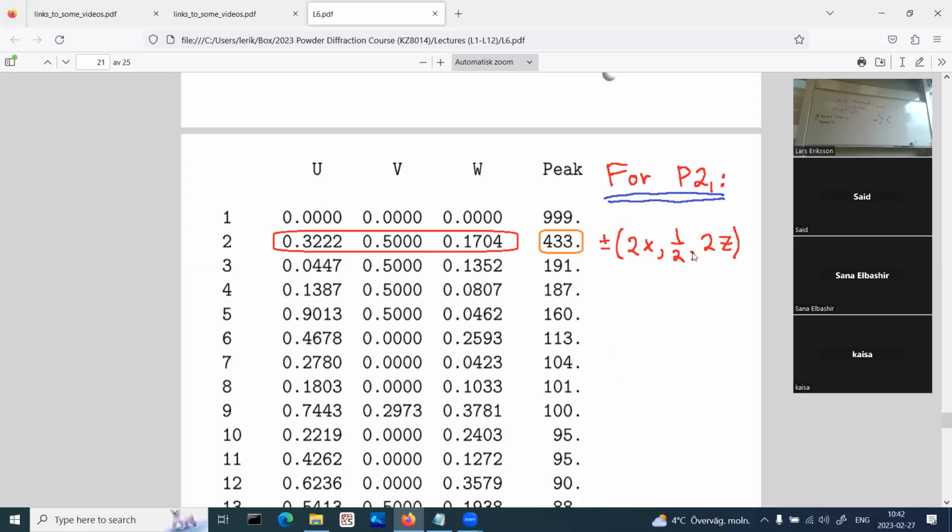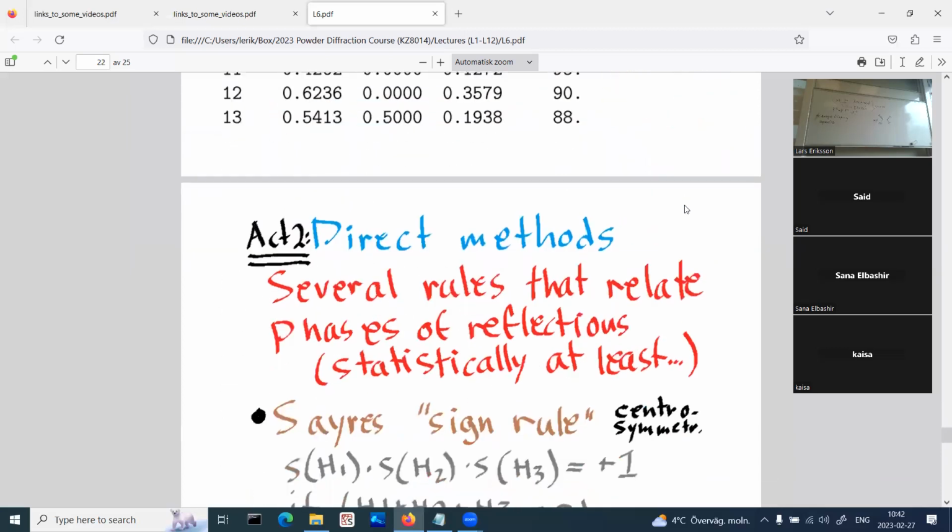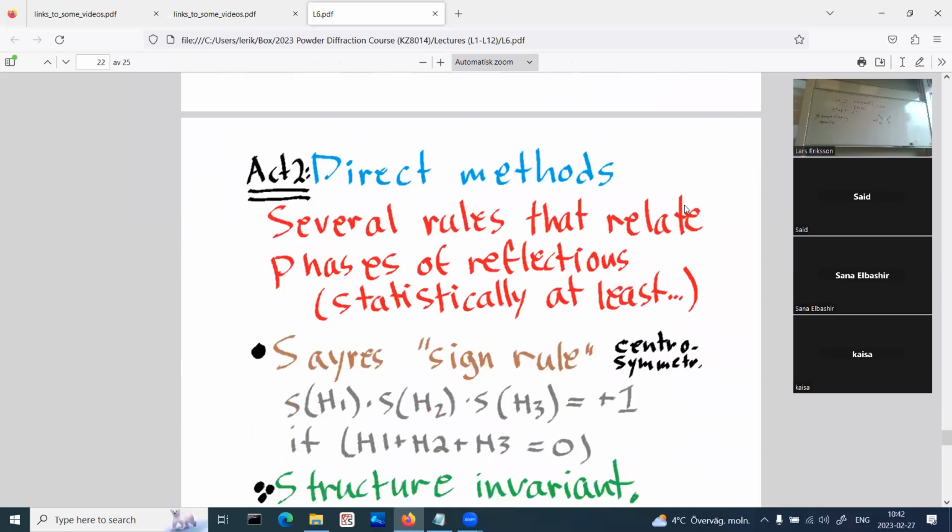The interpretation of a heavy atom depends on the space group. Space group then the, well,